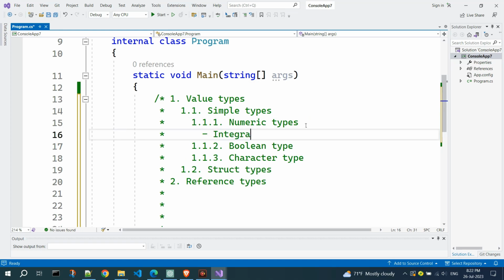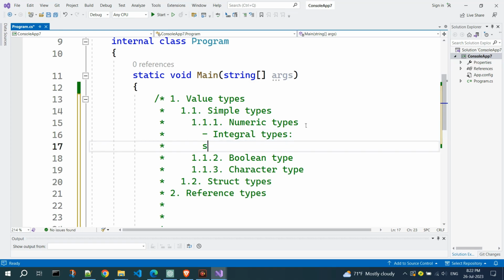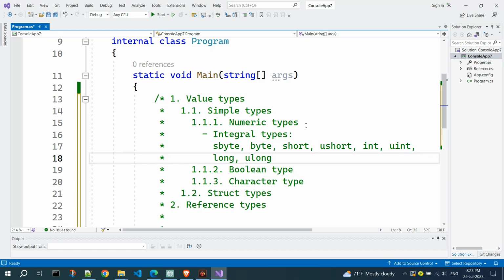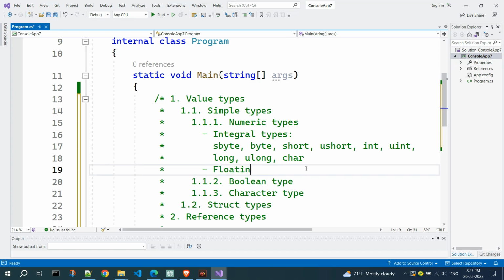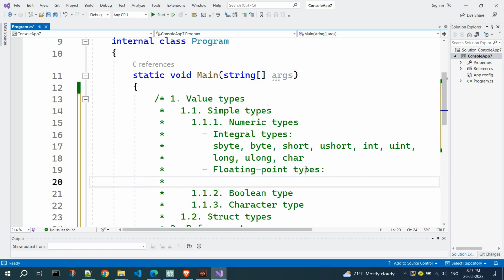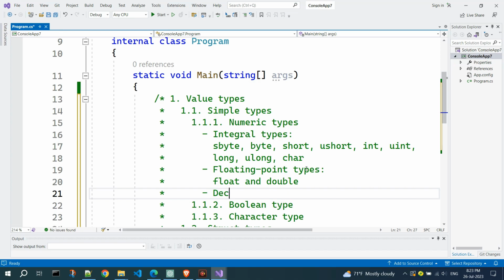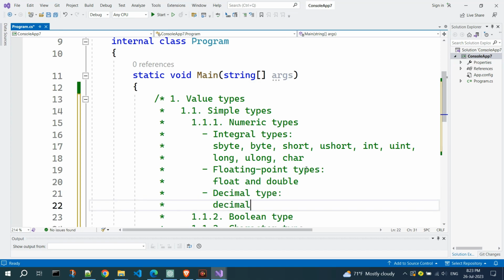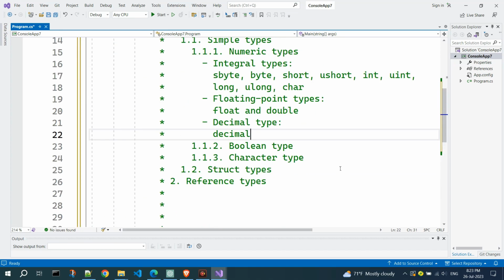Numeric types are integral types: sbyte, byte, short, ushort, int, uint, long, ulong, char. Floating point types: float and double. Decimal type, written as decimal. Other simple types are